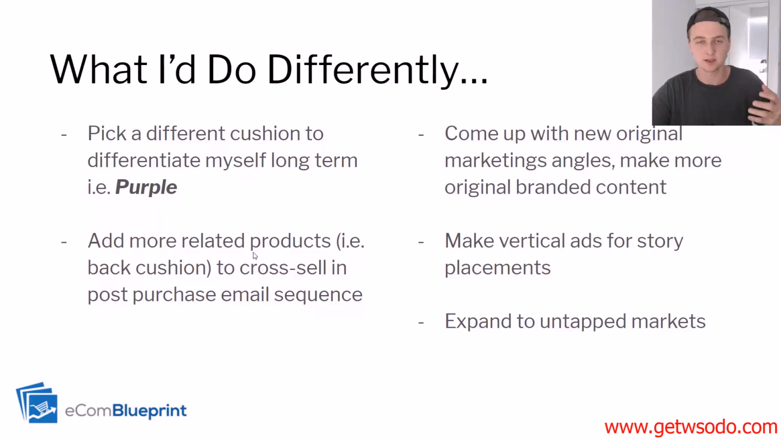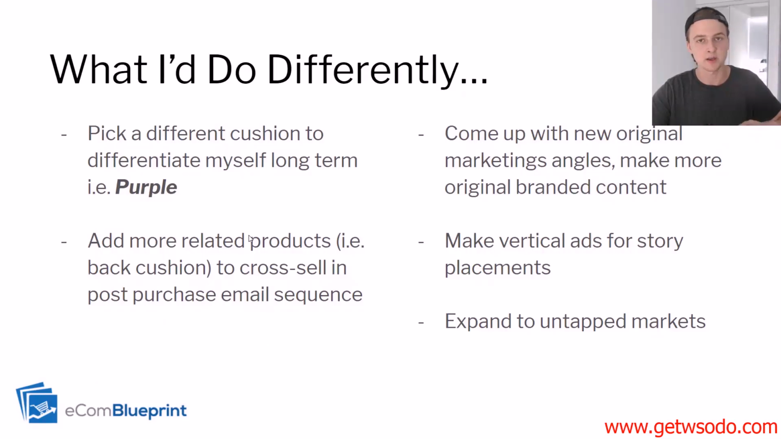If people are buying seat cushions, there's probably a lot of similar things that you can sell them. For example, back cushions, right? Pillows, mattresses. In the example of Purple, right? They sell mattresses, they sell cushions. You can add a lot of different related products, and then you can cross-sell them in a post-purchase email sequence,